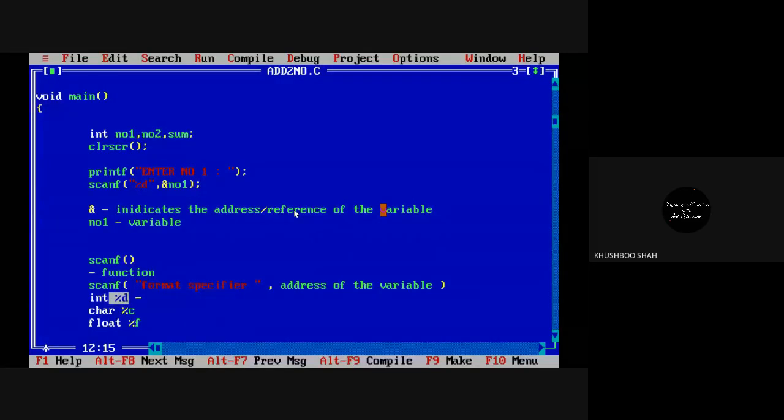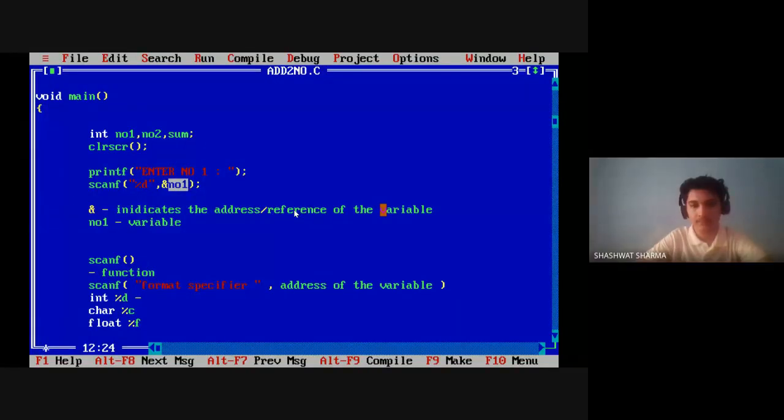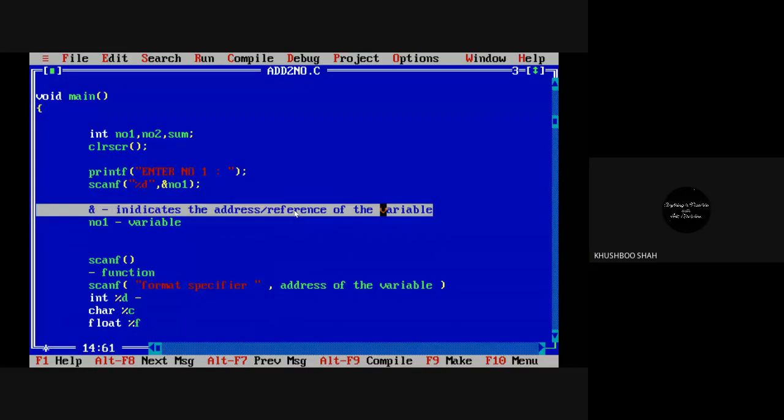That's why I have written %d over here. So the format specifier you write over here says about the data type of this particular variable. Got it? Yes, ma'am. Any doubt, guys? No, ma'am.